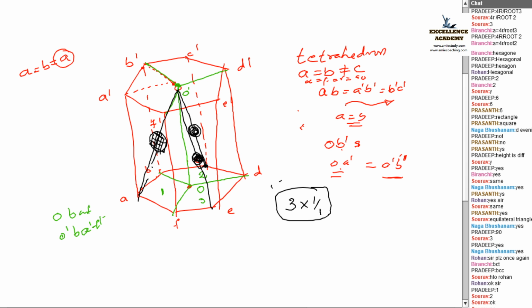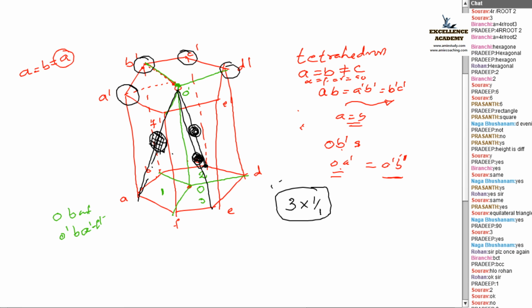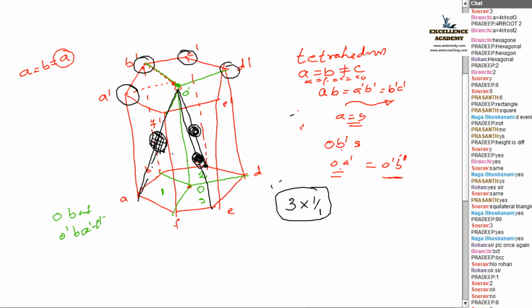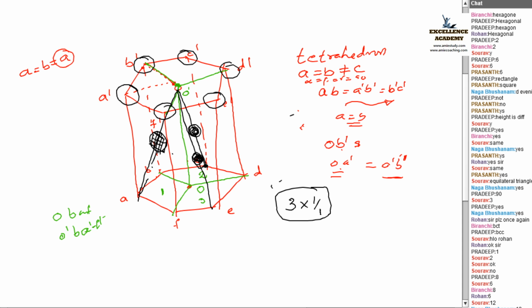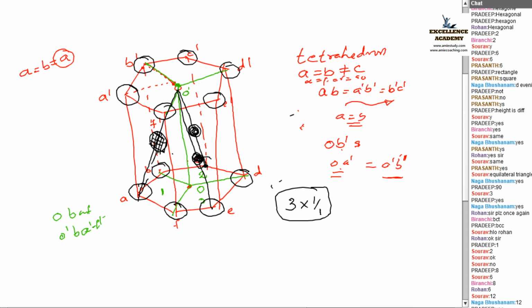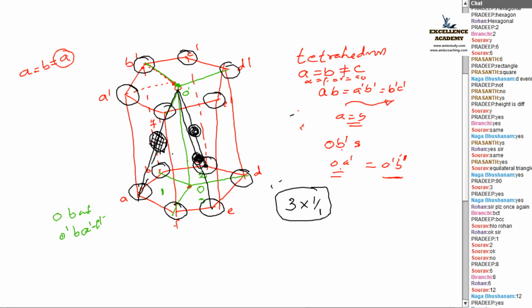Then, just as we have seen in the cubic cell, the corner atoms are also placed at the coordinates. Say A dash, B dash, C dash, like that. How many corner atoms are there? Yeah. Is it only 6? 12 corner atoms are there at the top as well as bottom. Got it? At the top as well as bottom. Is it clear to all? Only few responses are here. Top as well as bottom. 12 corner atoms are there.